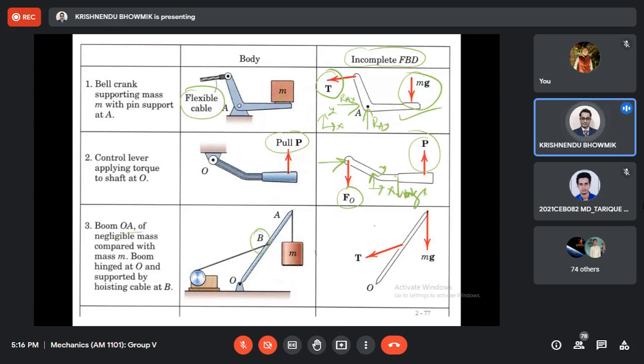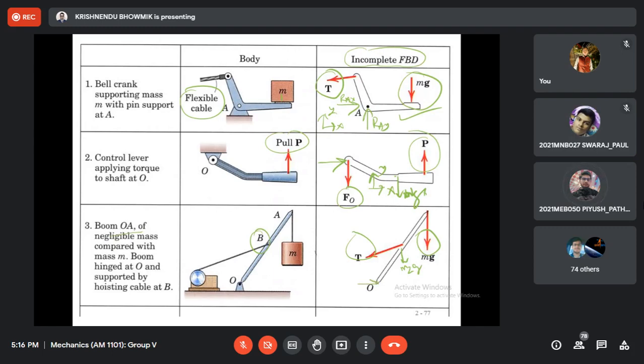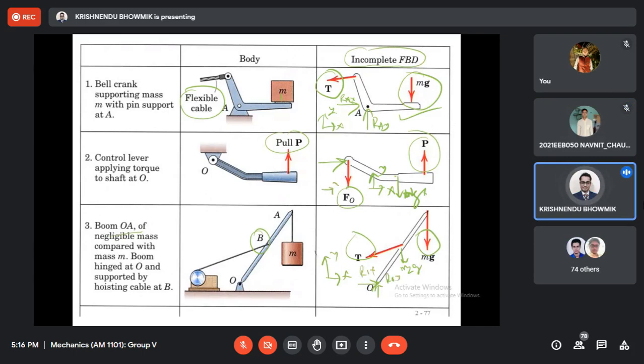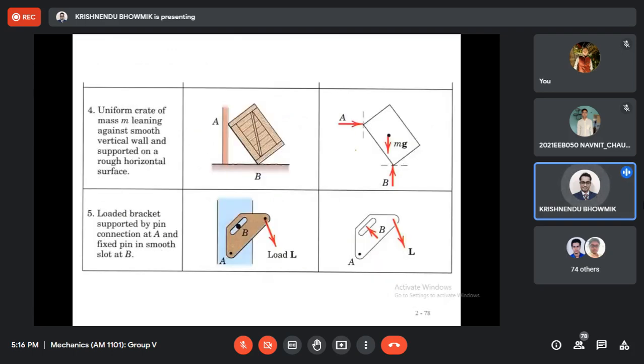This one, this problem. So this is given here. This is given here. Anything else? And you told maybe it is having some weight. Maybe m2g. Anything else missed? Sir, the hinge reaction. Hinge force. This force is x, y, ROX, ROY. Sorry, here also x and y you should mention. Don't forget to write x and y.